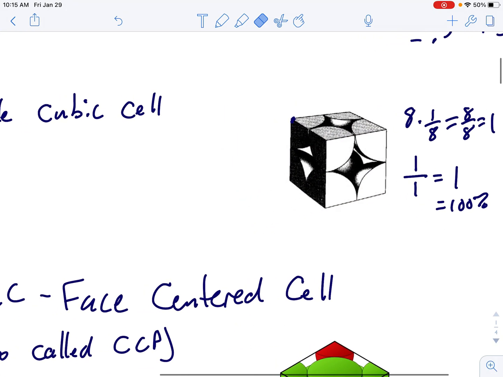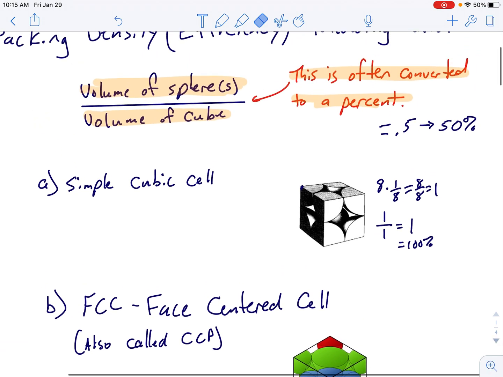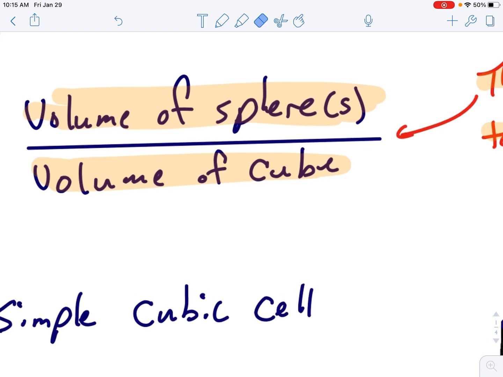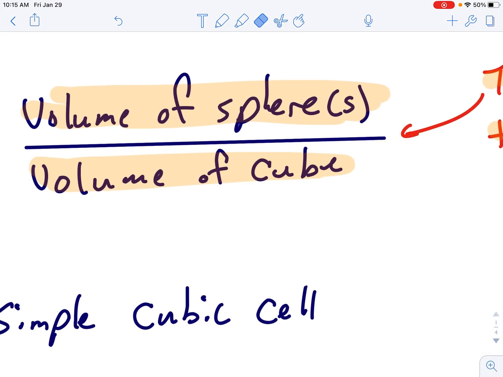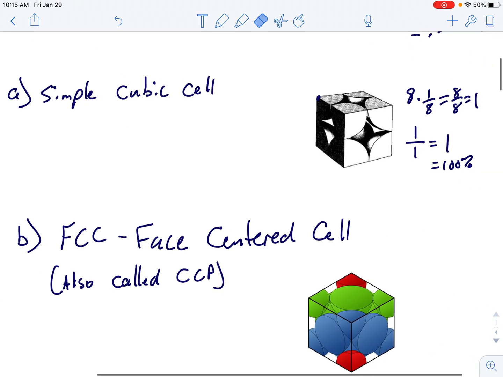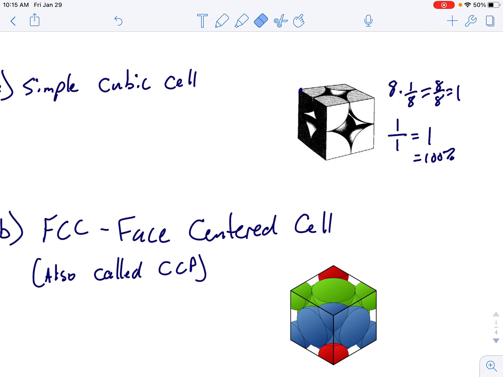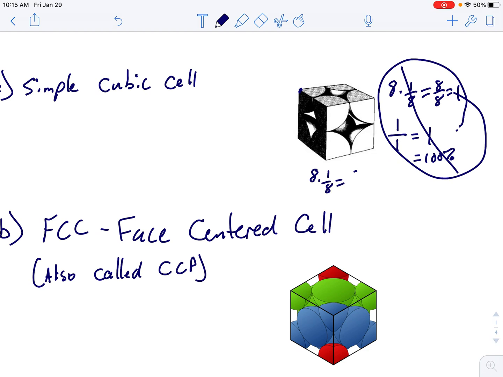It's just me misrepresenting the definition. It's not the number of spheres inside the number of cubes. It's the volume of spheres inside the volume of the cube. So a little bit later on, we'll go to calculating that volume. But clearly, this is all incorrect. All we need to know right now is that there are 8/8 of a sphere, which is one whole sphere